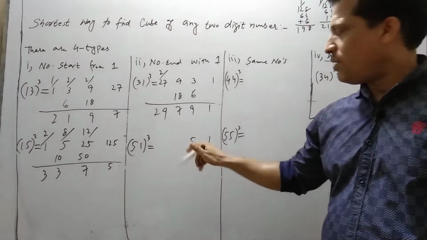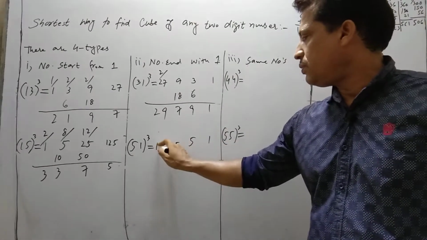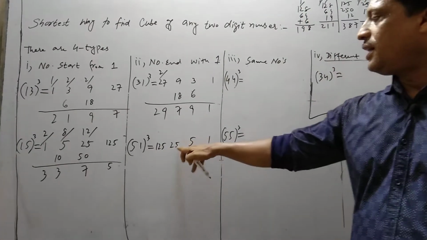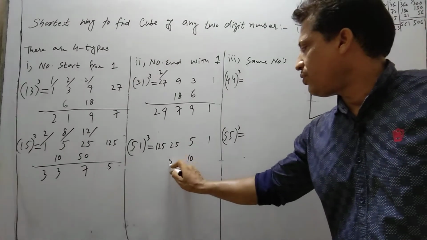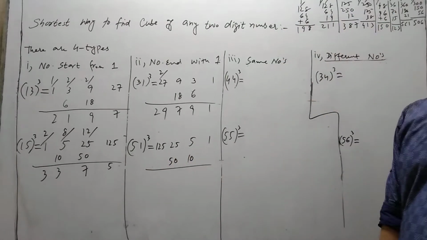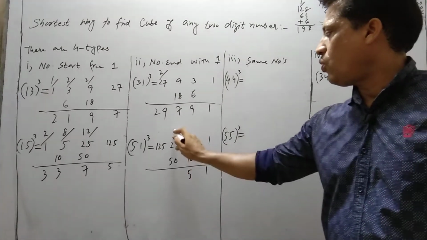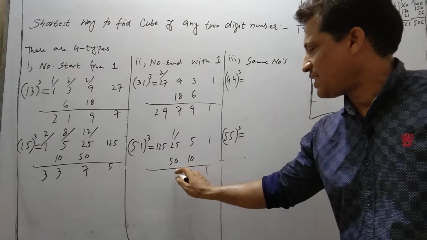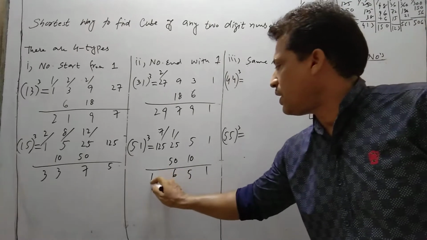Take the square of this number, 25. Take the cube of this number, 125. Leave the first digit and last digit, and double the middle two digits. 5 twos are 10, 25 twos are 50. Like this: 1 plus 0 is 1, 10 plus 5 is 15, 1, 50 plus 25 is 75 plus 1, 76, 6, 7. 125 plus 7 is 132.